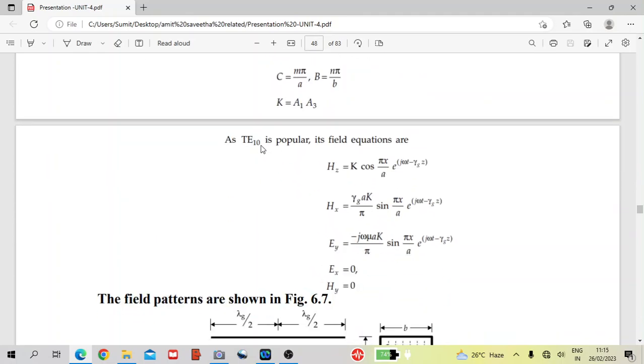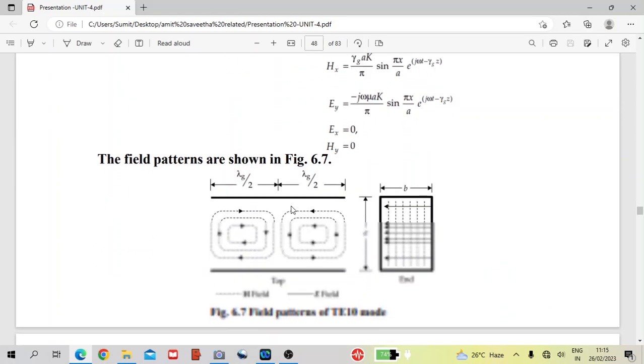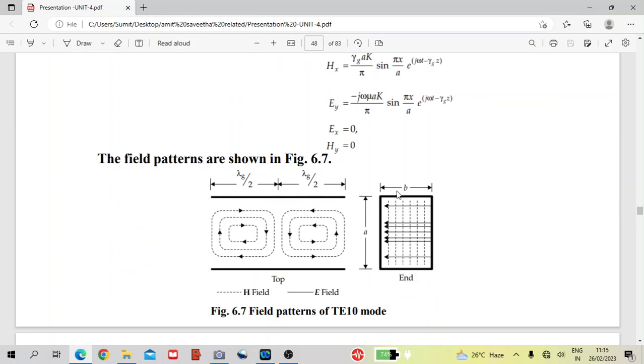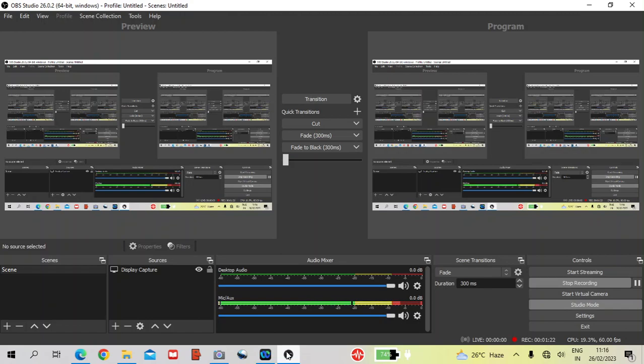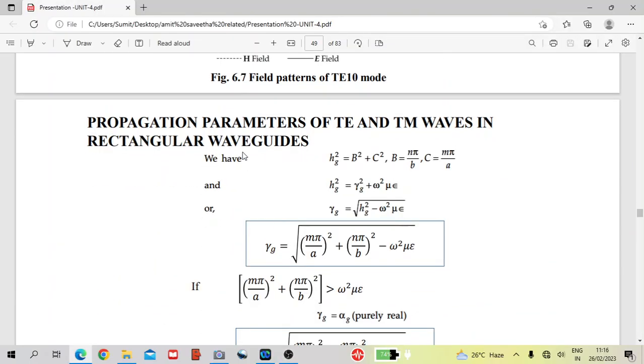Like when we go for TE10, which is the most popular mode, then 10 means one half cycle variation along x and no variation along y. So for TE10 mode you can see along a, along this direction, there is one half cycle variation, and along b it is constant. So that is why it is TE10 mode. Okay, now the propagation parameters of TE and TM waves in a rectangular waveguide, the analysis logic is